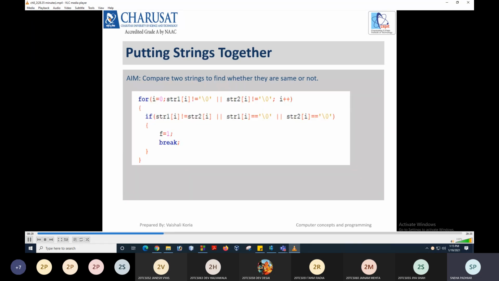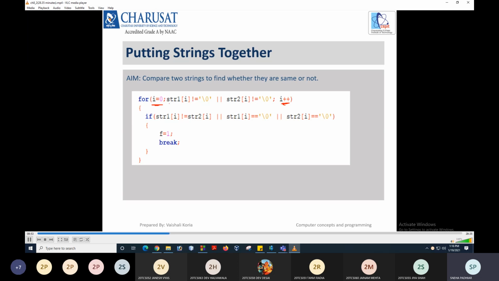Now what can be the logic to compare these strings? We need to do it on a character by character basis, right? So we'll start the index from 0. The index will be incremented every time, and we have to do this comparison until one of the strings reaches its last character, null.